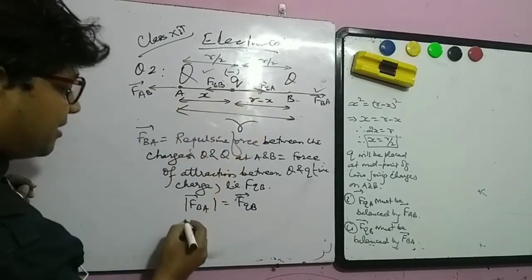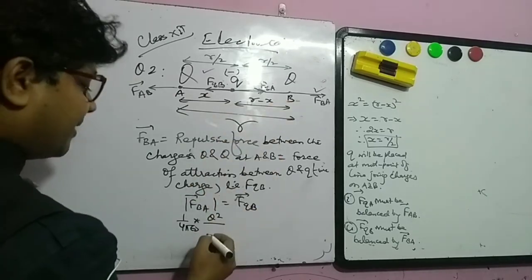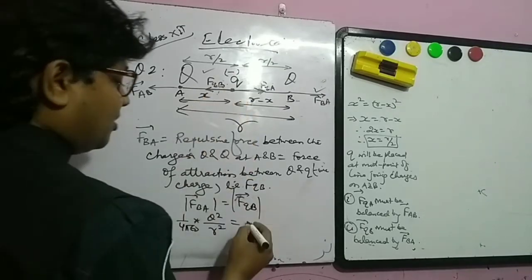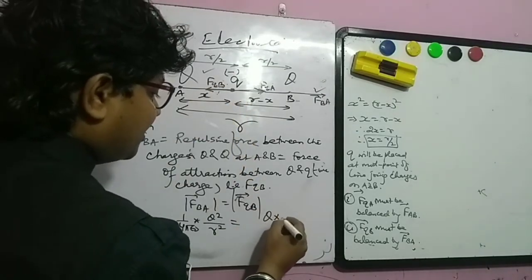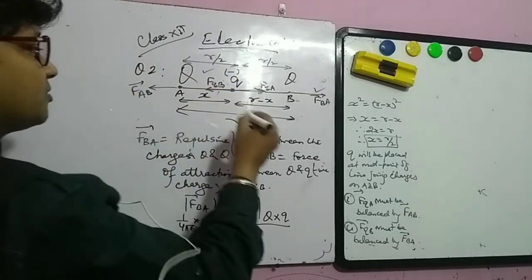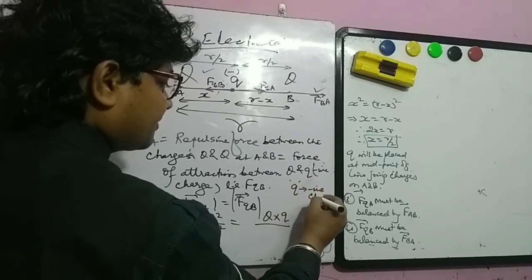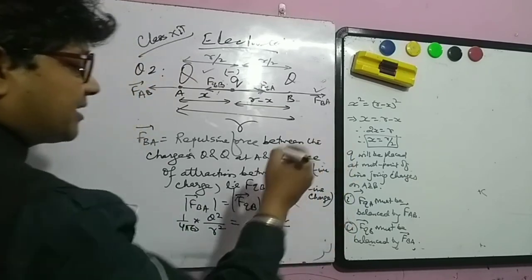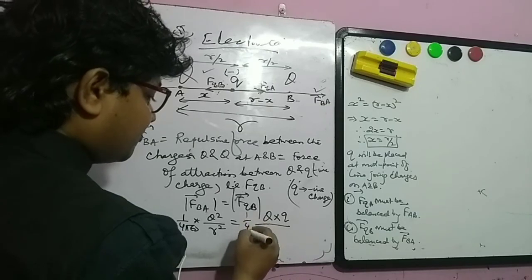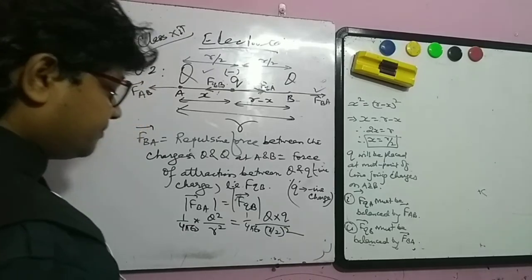अब देखिए FBA की बात करें, सो 1/4πε₀ Q² divided by R², this will be equal to, हम मैग्नीट्यूड की बात करें, this is Q into q. ये बात तो क्लियर हो गई कि ये नेगेटिव चार्ज होगा, q will be negative charge. सो q इज नेगेटिव चार्ज, माइंड इट, क्योंकि तभी आपका फोर्स ऑफ अट्रैक्शन हो सकता है. अब हम क्या ले सकते हैं, Q into q divided by, this is 1/4πε₀ and this is (R/2) whole squared, right.